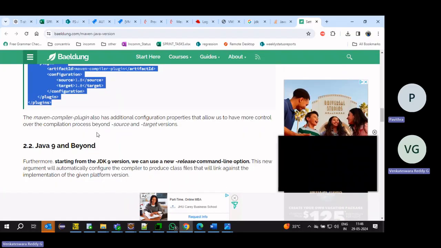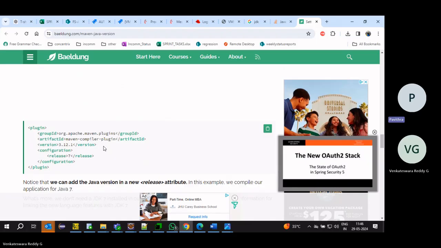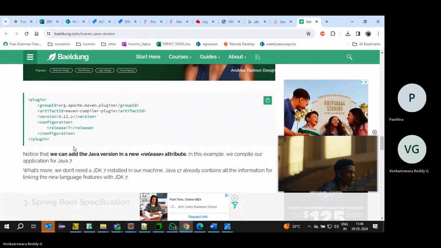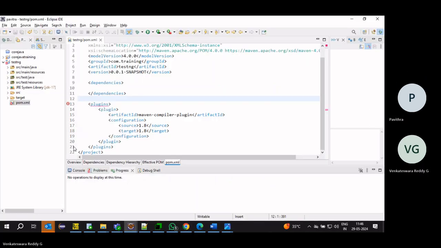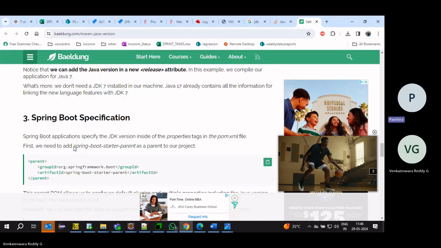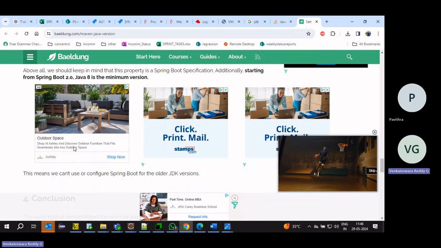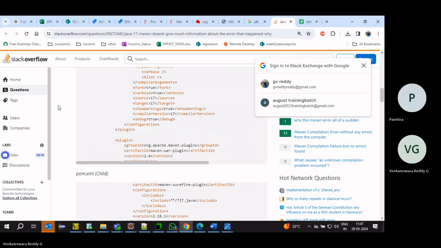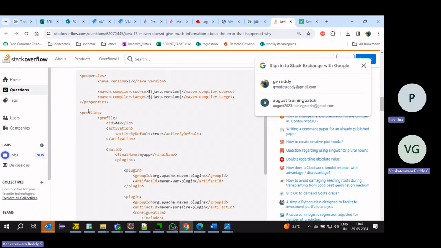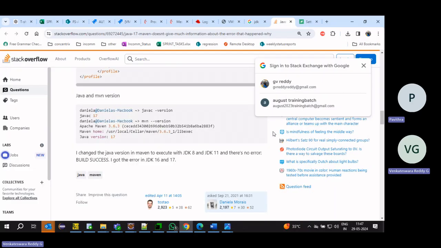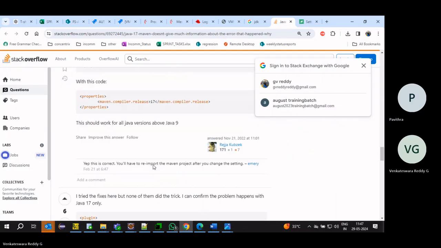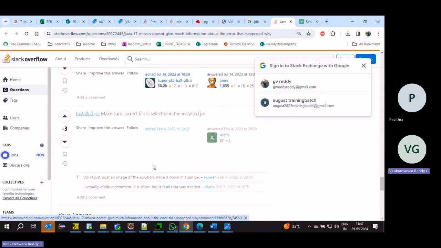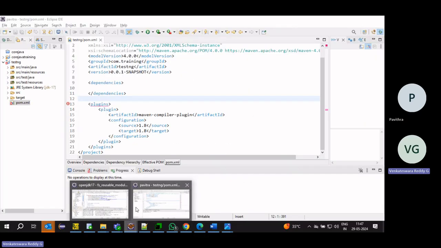Under which tag will it be? Plugins, plugin. Let me check one project.